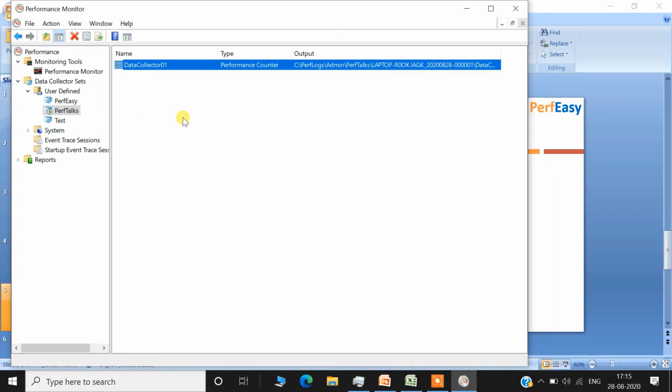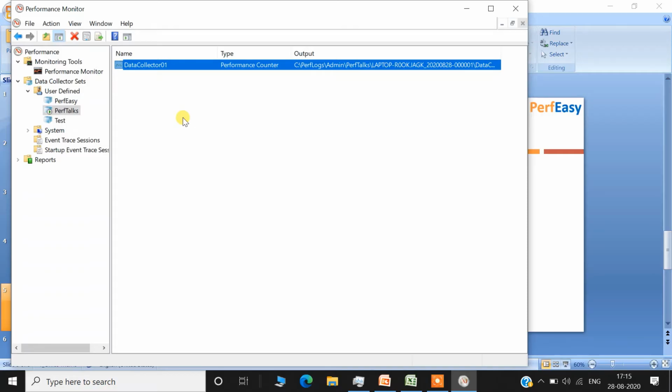When should we use this counter, or how should we use this counter, and how is this related to our load test execution? As a thumb rule, make sure you start this PerfMon counter before you start running the test. Let's say I am going to run a 100 user test, so start PerfMon counters, wait for a few seconds so that the initial data before the test starts can be captured.